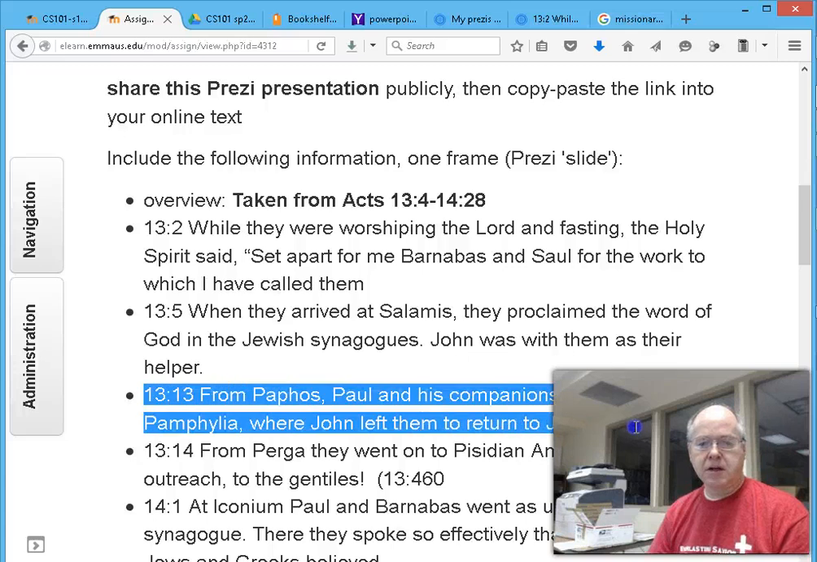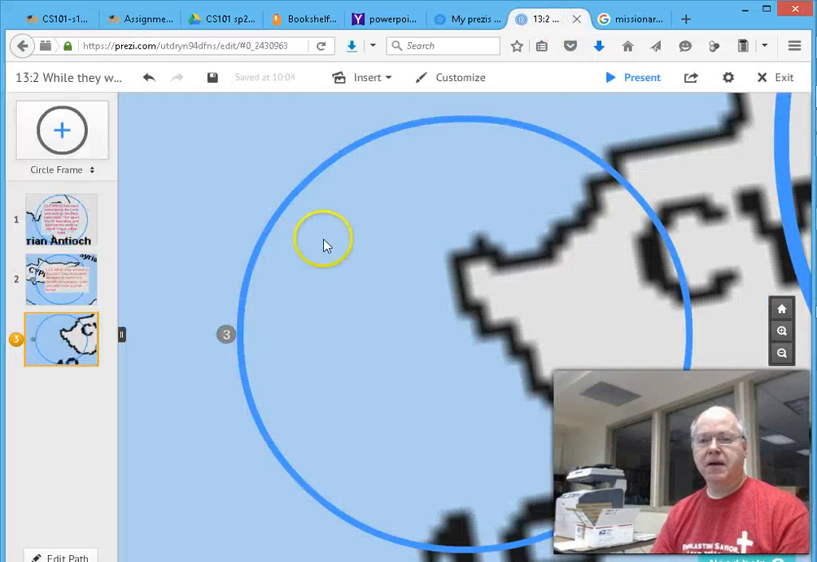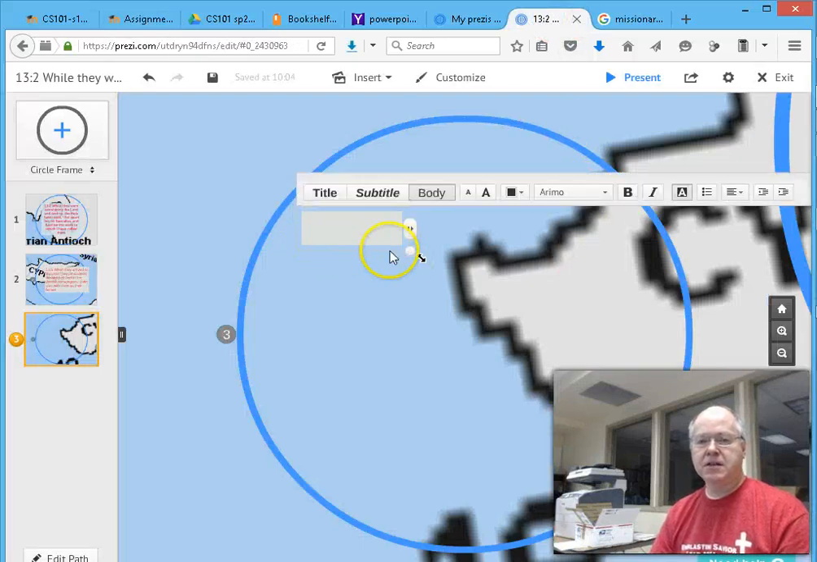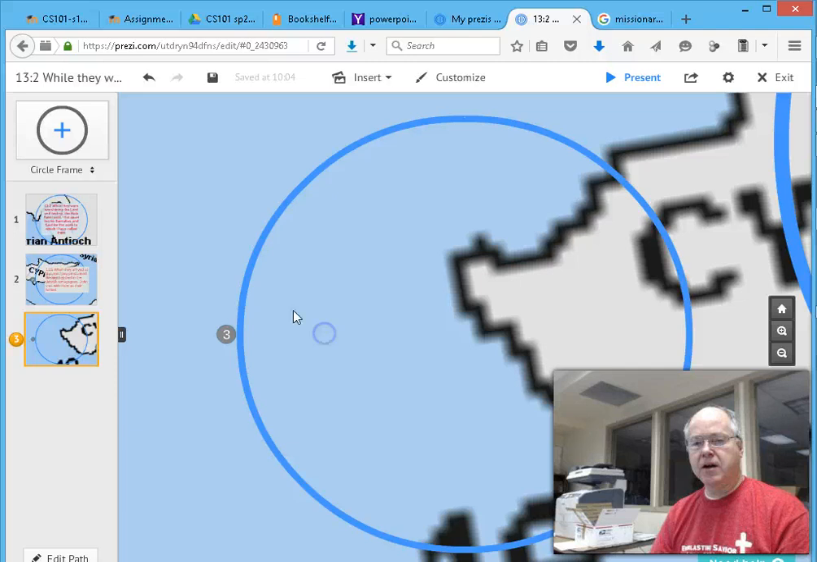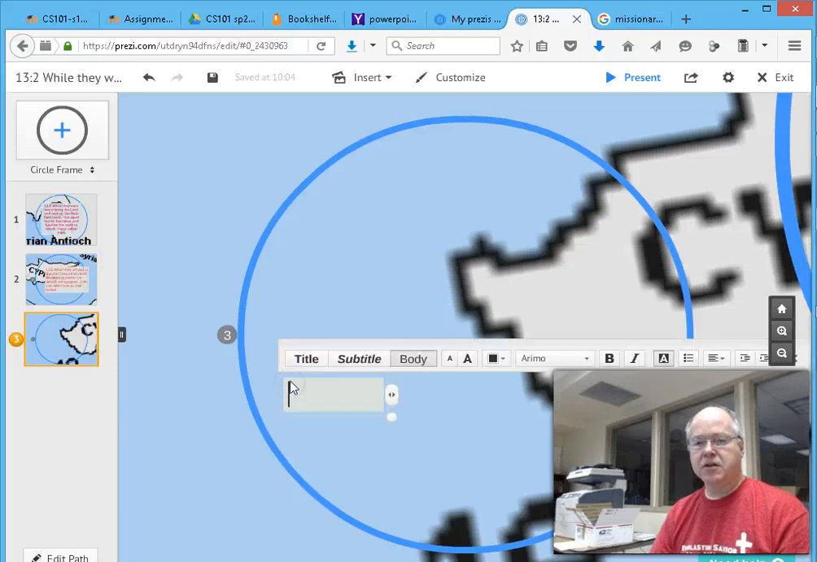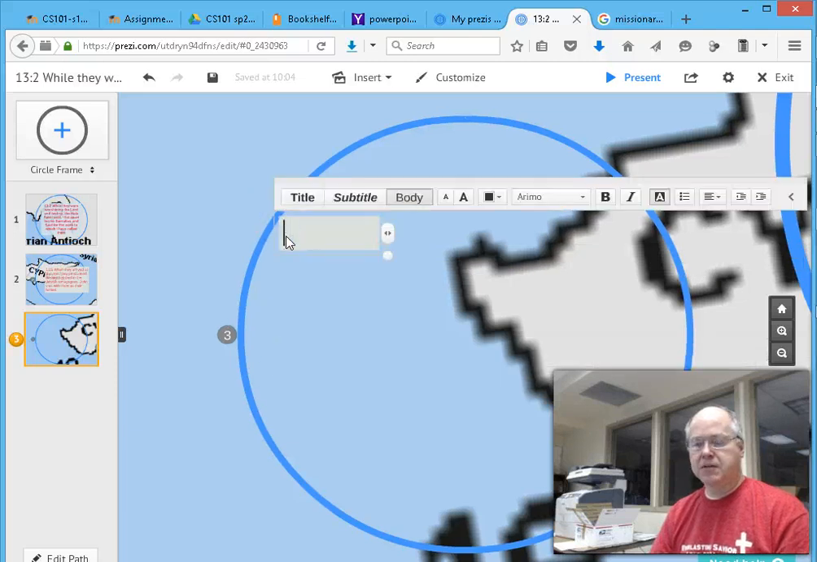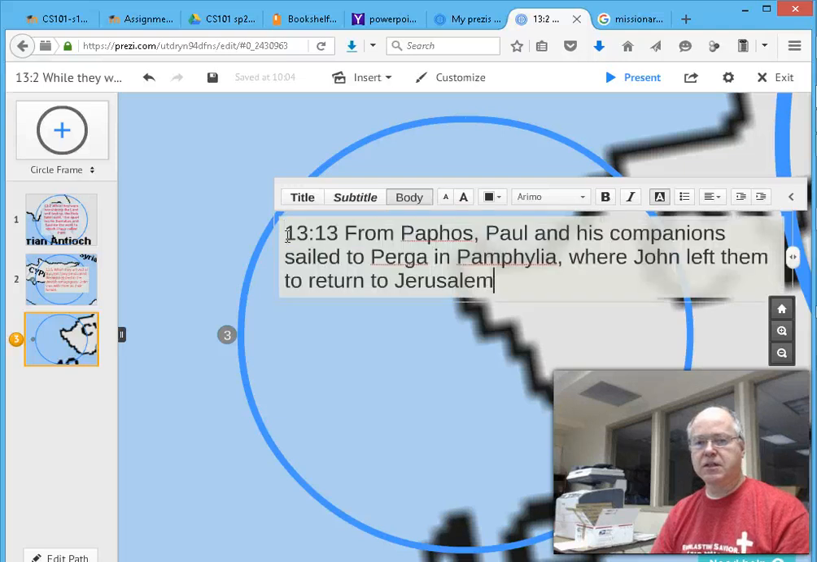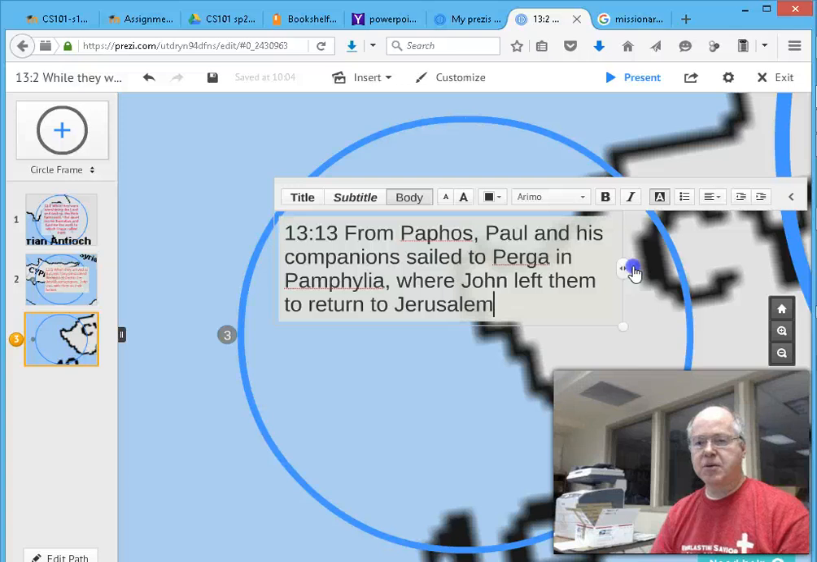They're getting ready to sail, and old John Mark is leaving them. Copy, Control C, back to Prezi, and I'm pasting the text inside of a new text box. So once I'm back on it, I can just click anywhere and it will add text at that location. So I'm going to click on the left side, Control V to paste it, adjust the font size a bit,